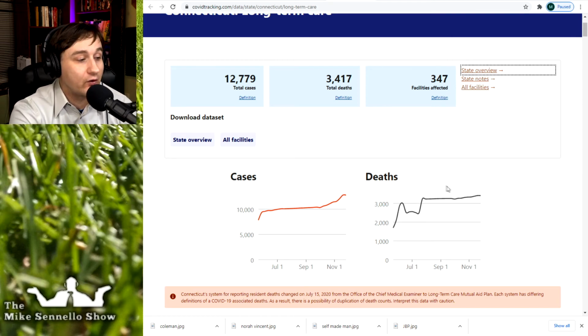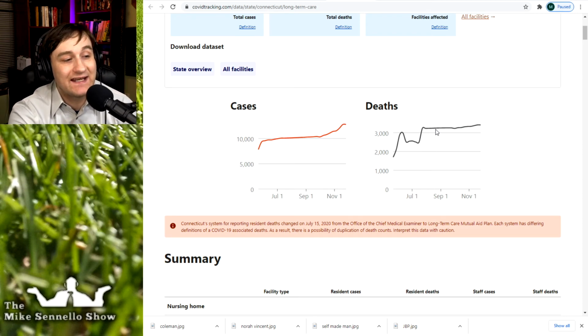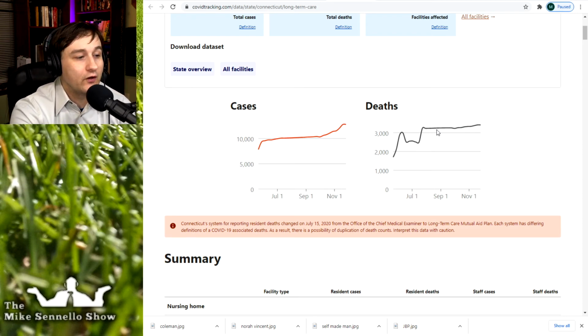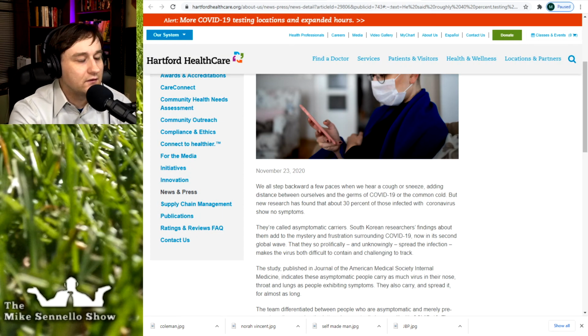And in fact, if we scroll down to see where they are, it seems like they happened past tense in nursing homes, where we had a spike continuing on to the summer, a little bit of a spike at the very end of the summer, and have we flattened a curve? Is that what we're doing right here with these deaths? Does that look pretty flat to everyone? Yeah, so